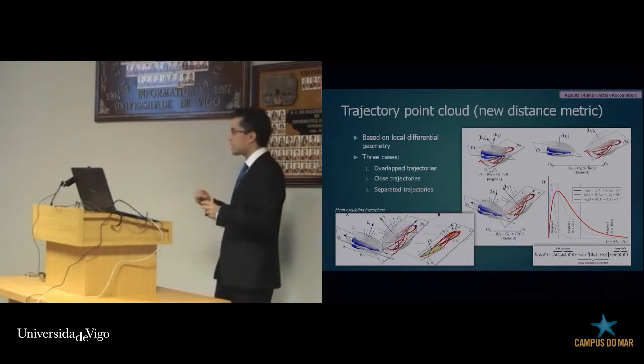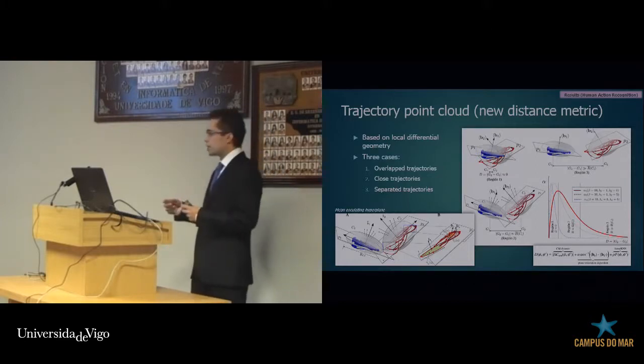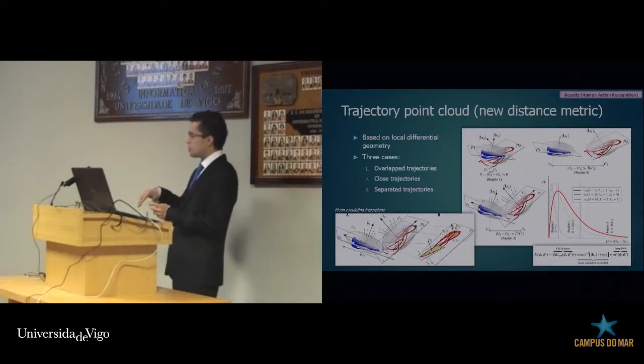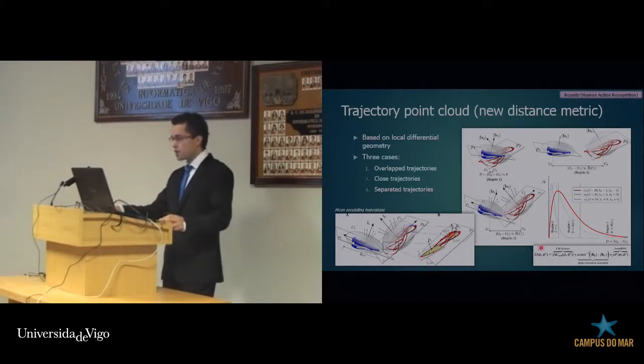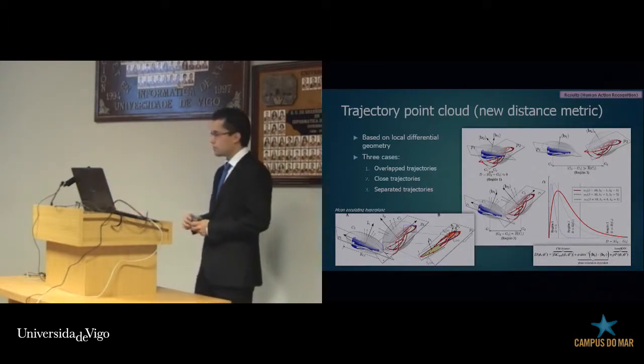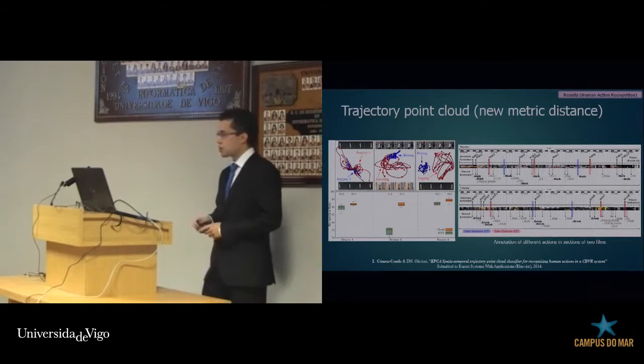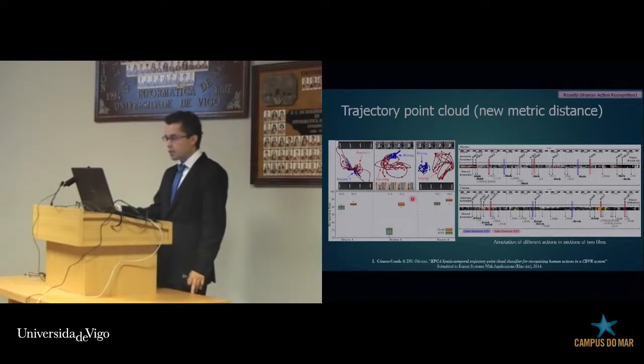in using a fuzzy KNN, not only based on the distance to other points. You want to better understand the direction of each point in this part of the curve, in this part of the trajectory. So this is the reason we have a new distance metric where you can weight the different things in the different cases that you can have. So these are the results that we obtain. For example, here I think it's important: you have a trajectory, an action that is really overlapped with another action that is bigger.